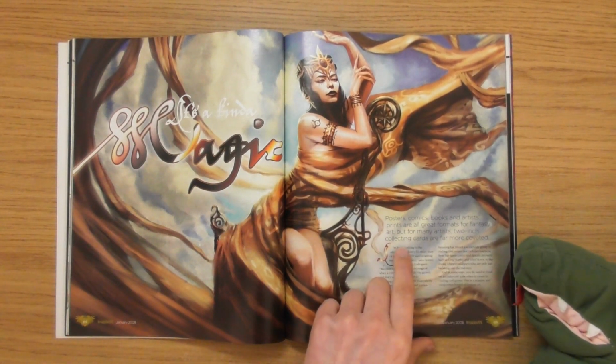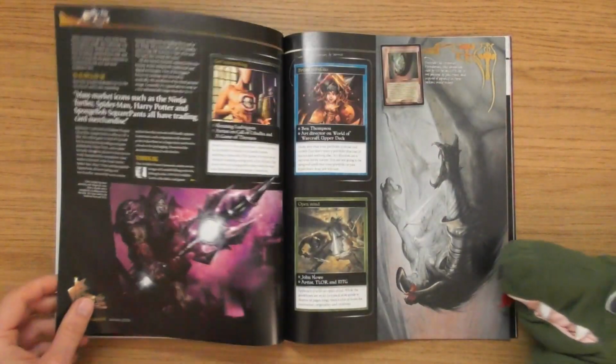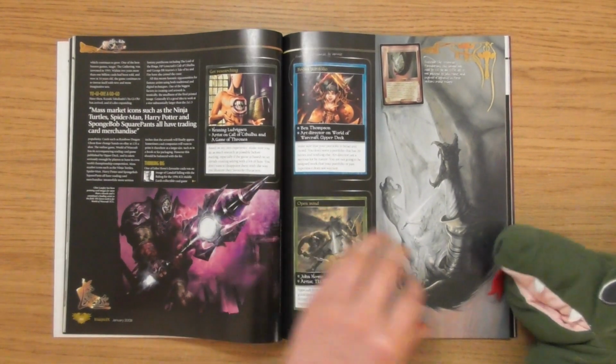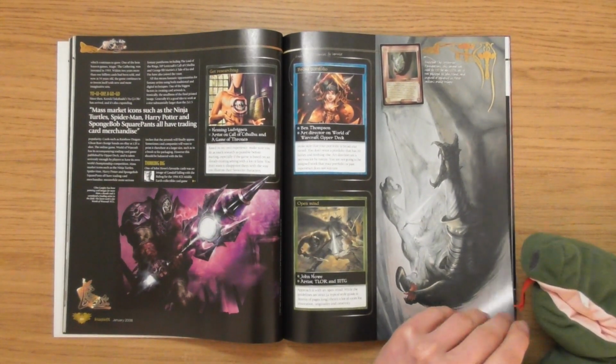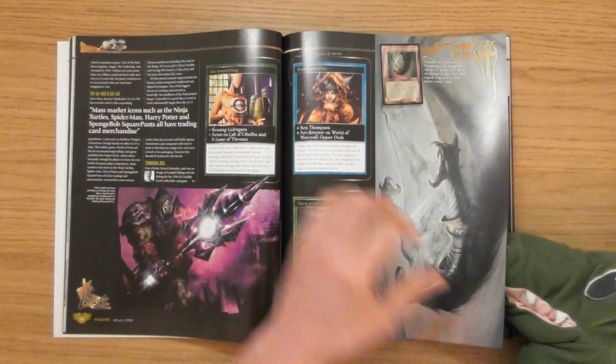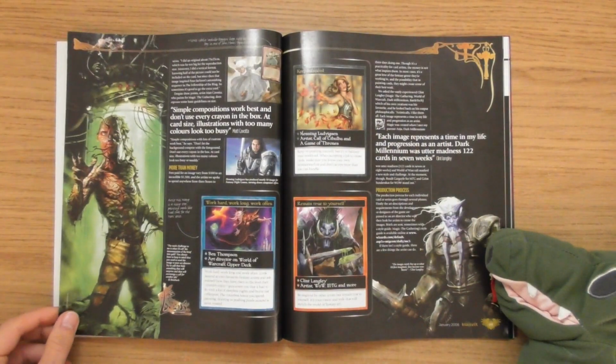Hey look, they're all talking about little cards, about Magic the Gathering cards. Yay! I actually had loads of these. I sort of wish I kept some of them now, really. I always found the art a little bit too small though. You couldn't really see the...